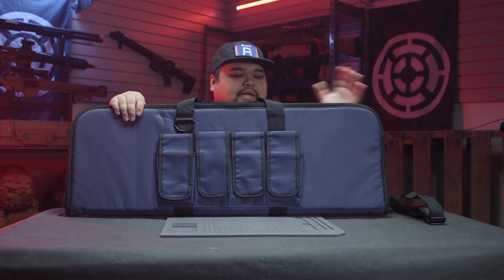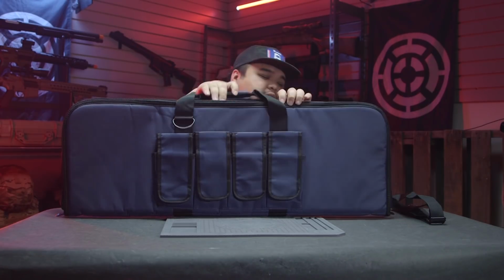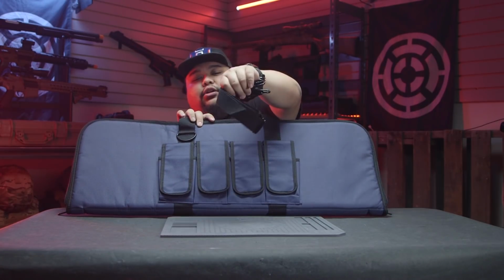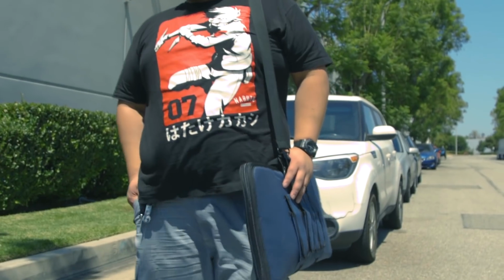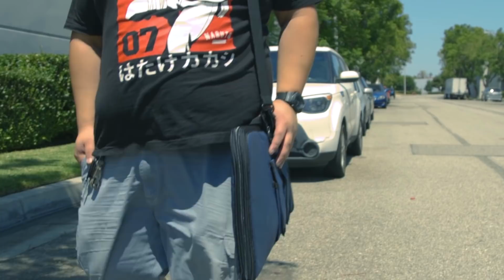It does have a double zipper design with the carrying handle that velcros together to hold it in place, or you can use the included shoulder strap to carry it over the shoulder if it is quite heavy. And the most important part about this gun bag is the padding. As you can see, once you open it up, it does have the velcro straps to hold the gun in place, but it is actually very cushiony,